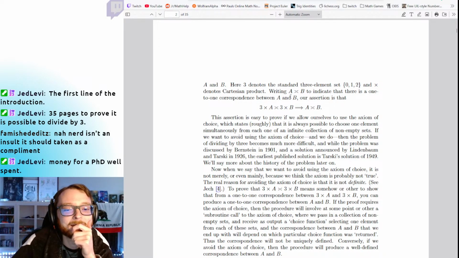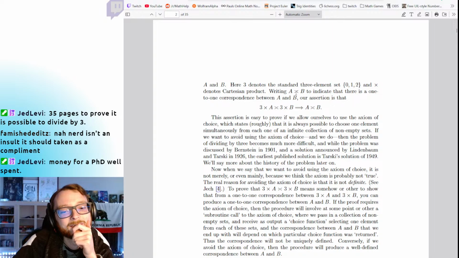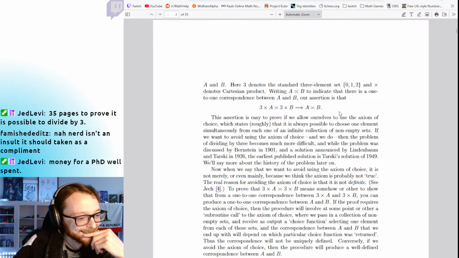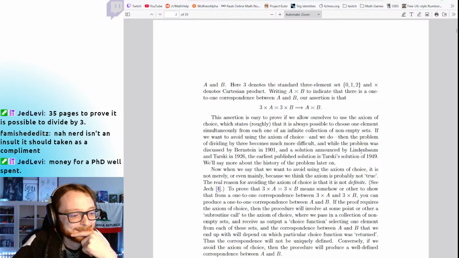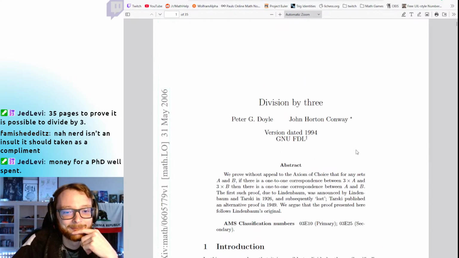I'm trying to invent a funny name for it, but it just kind of looks like a sideways butt to me. A butts B? I don't know. Money for a PhD well spent. I mean,